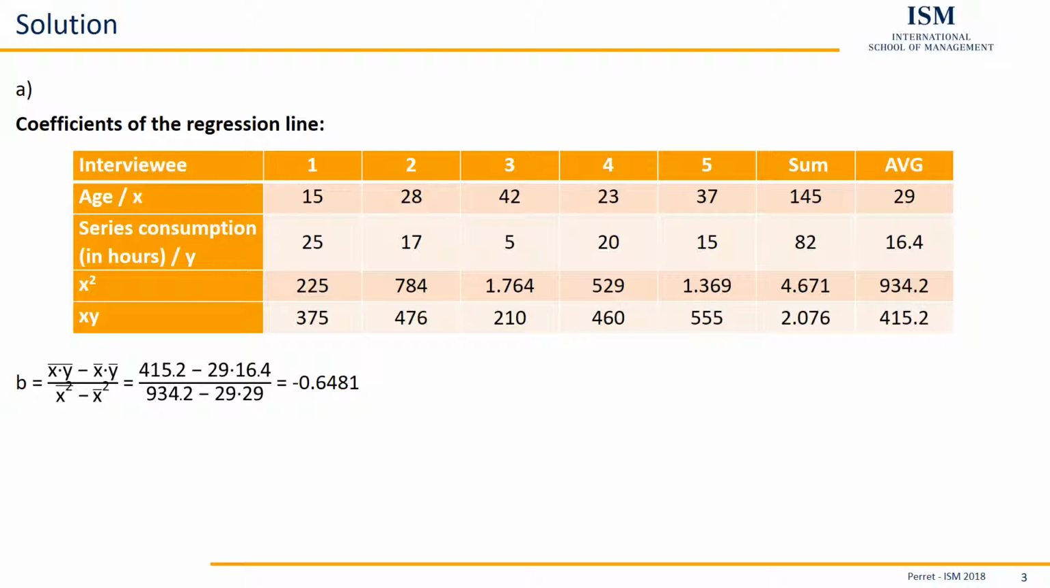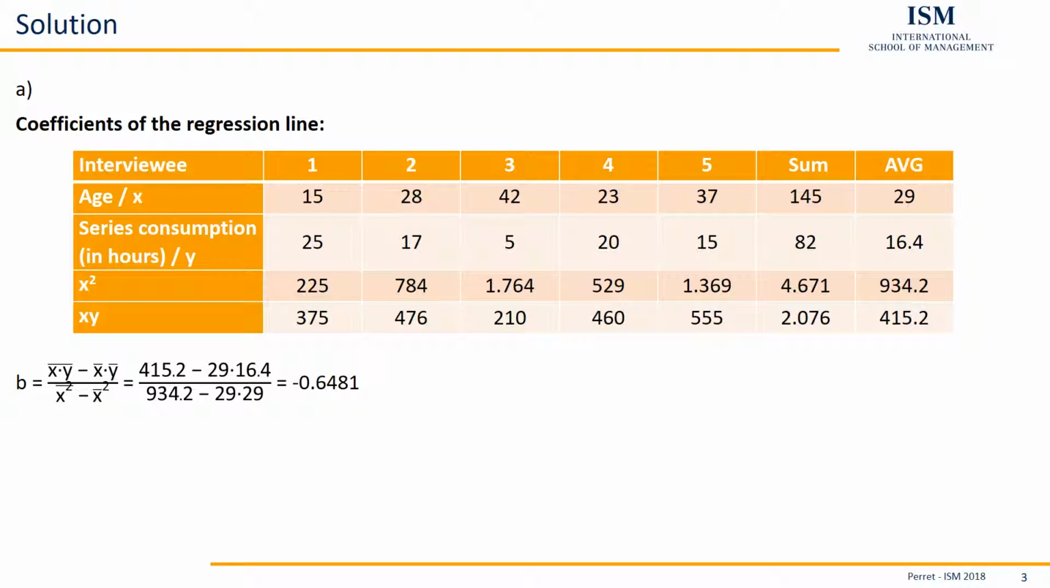Here for the slope, it's the average of x times y, so the 415.2, minus the average of x times the average of y, so 29 and 16.4. And all of this is divided by the average of x squared, so 934.2, minus the average of x, squared, so 29 squared, giving us here a slope parameter of minus